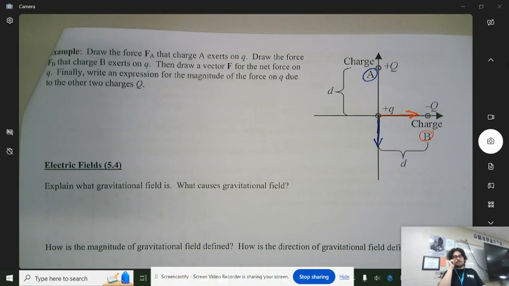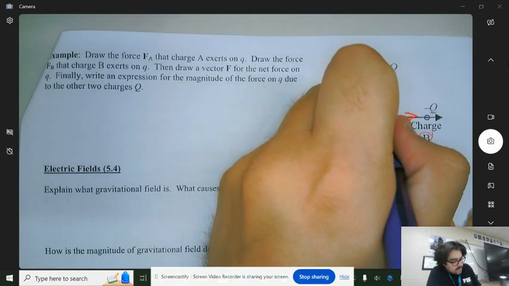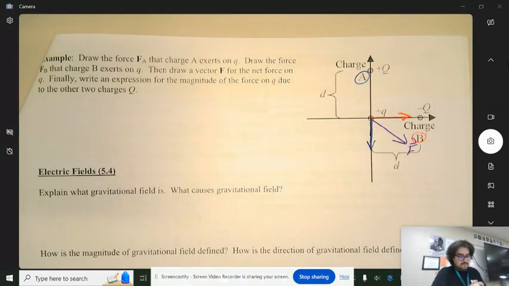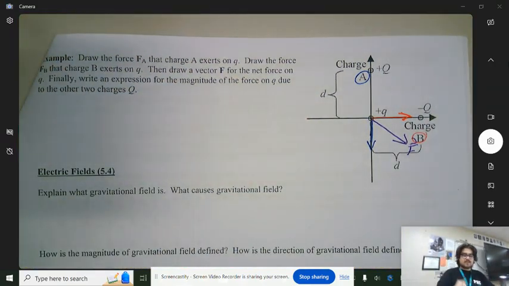Now, to figure out the net force, the net force would go down and to the right. We would need to take the forces that each individual charge applies. So what we could do here is